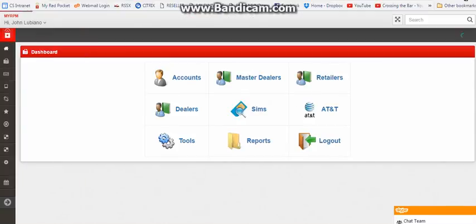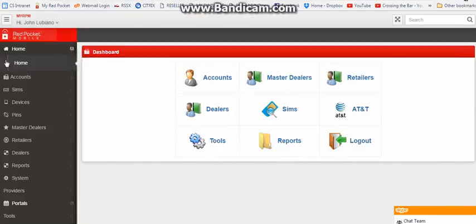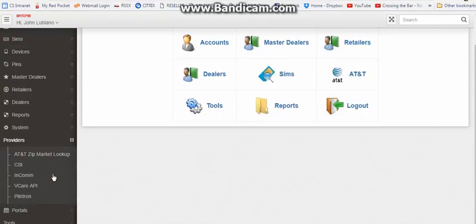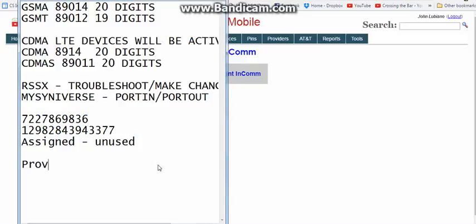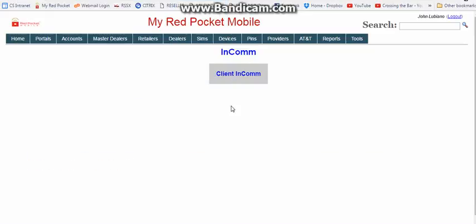on this. Hold on. Okay. Under the providers, we are not going to use the AT&T tool. This is the AT&T tool, the CSI, but we are going to use income, this income here. So it should be under providers, and then go to income, and then in income you have to click on client income,